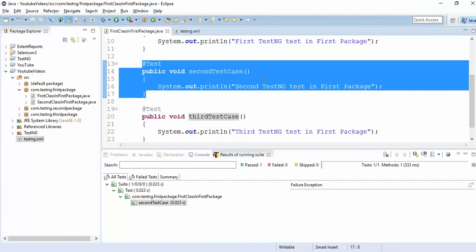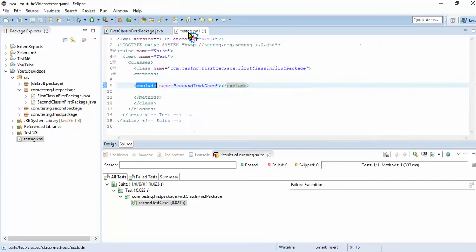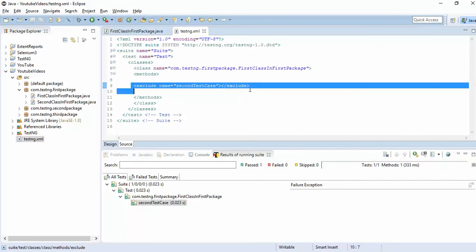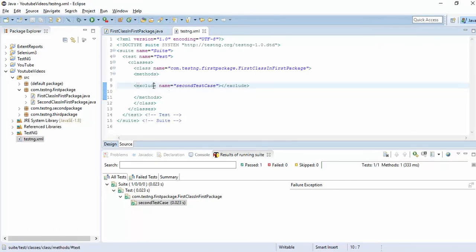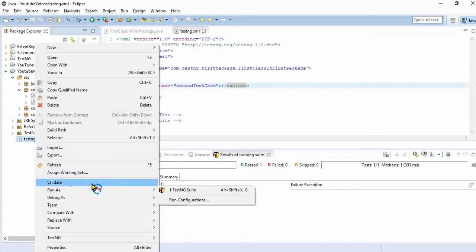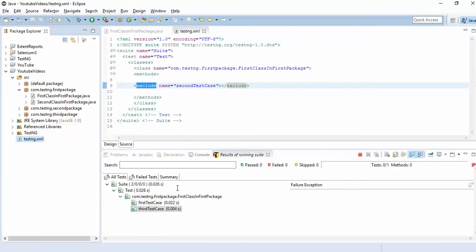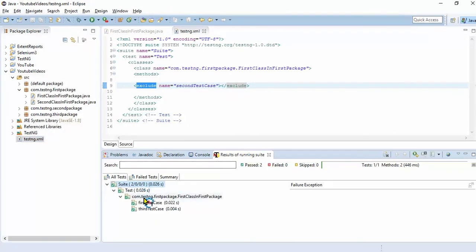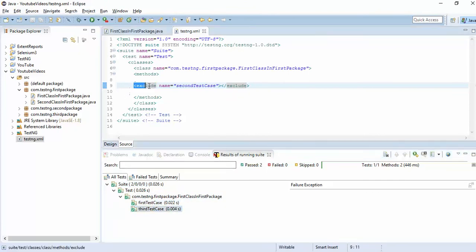Why? Because in many cases you are excluding only one or two. Instead of mentioning all these test cases using the include tag, you just mention which you don't want to execute. Simply say exclude. Run as TestNG suite. See, the first test case and third test case executed, and the second test case is excluded. We skipped that one.